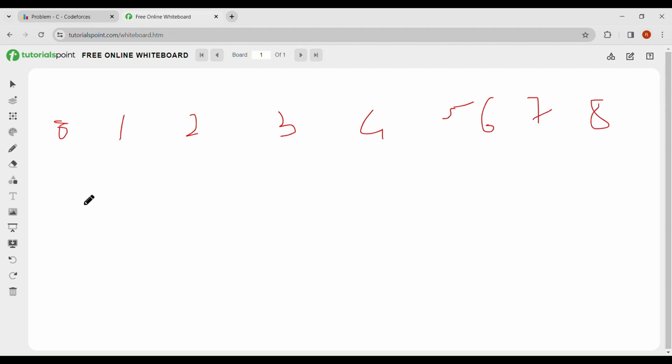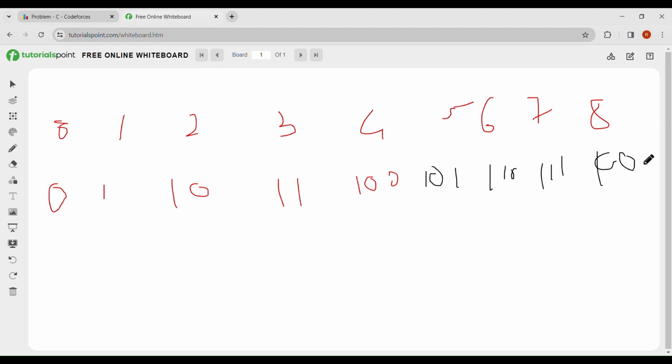So let's write in bitwise form: 0 1 1 0 1 1 1 0 0. We will use a different color: 1 0 1 1 0, sorry, 1 0 1 1 0 triple 1, and here triple 0. So now in this,